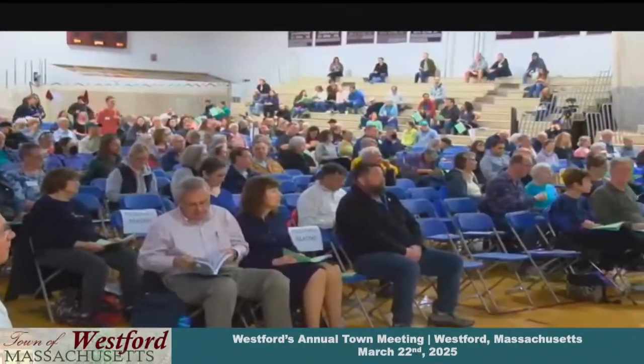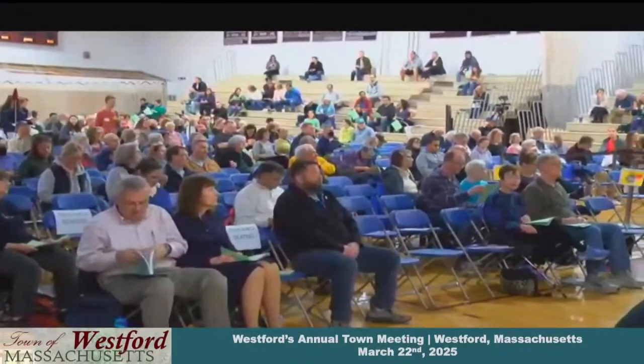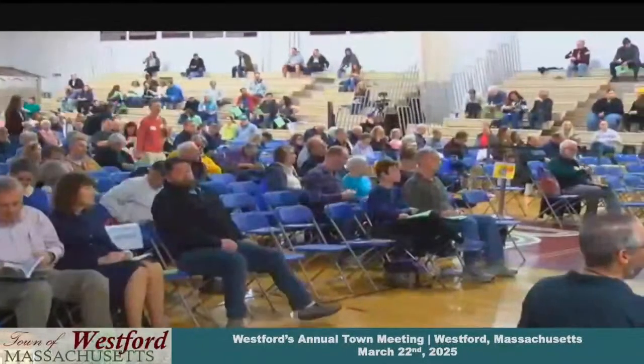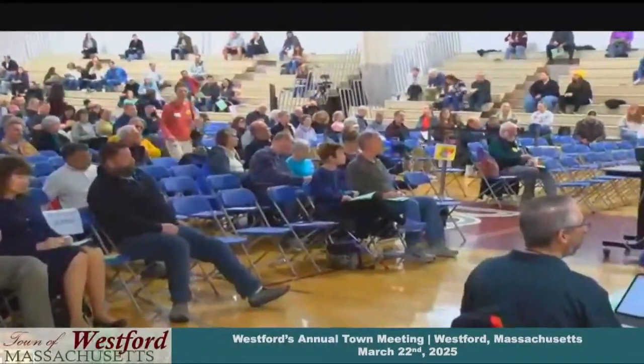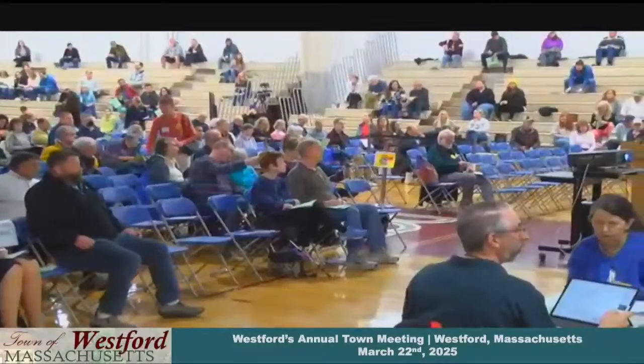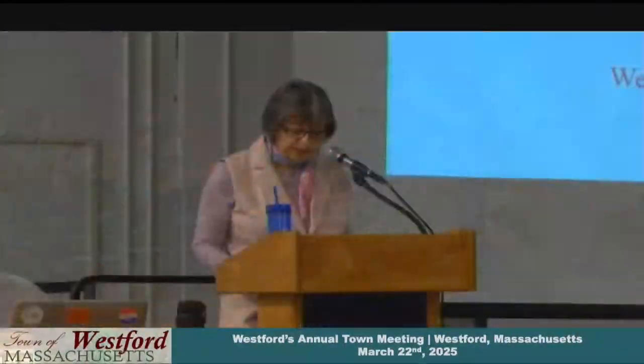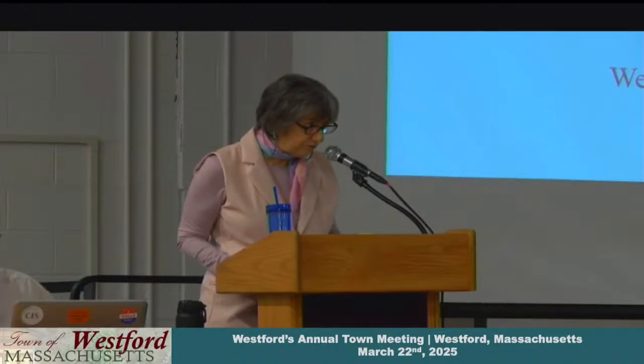This requires a 2/3 majority to pass, so we'll take this opportunity to get used to our clickers. When I say the voting is open, if you want to vote yes to allow these folks to speak, you'll press the green 1A yes button. If you're opposed, you'll press the red 2B no button, and then look for the OK in the LED screen at the top of the clicker. If you don't see the OK, press your button again. It may take a couple of minutes. Anyone have any questions before we open the vote?